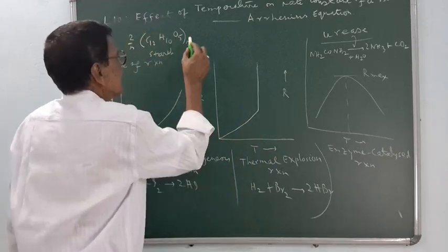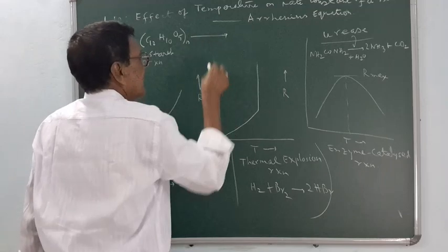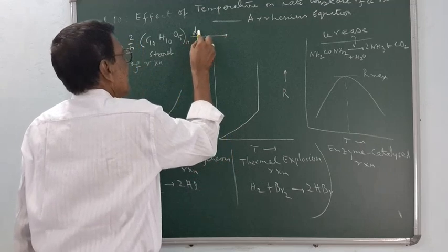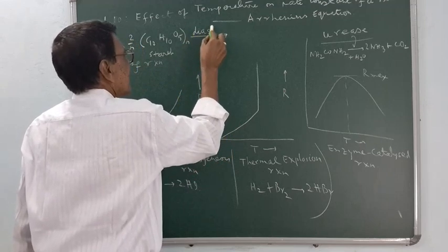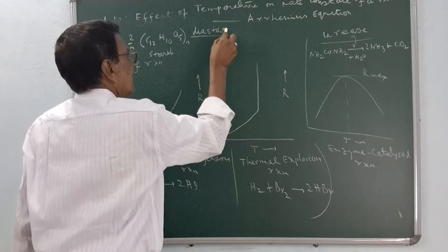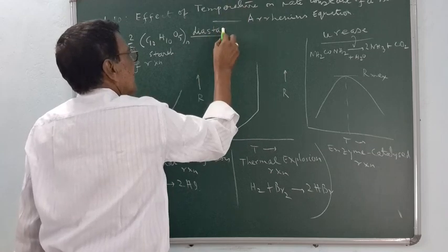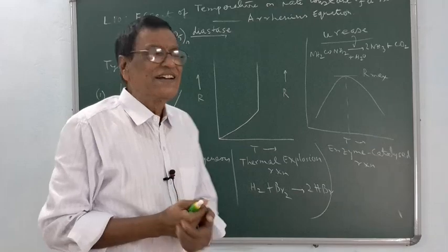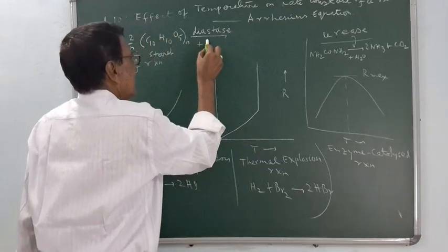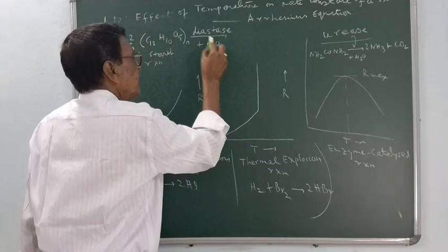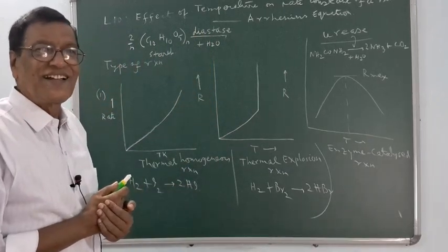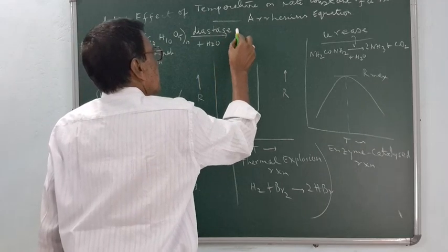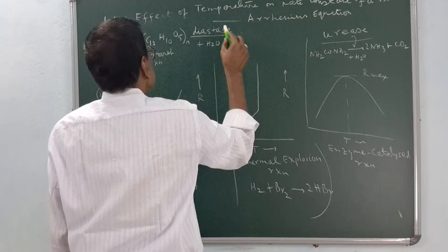And the starch in our human body, with the enzyme diastase and one molecule of water, forms maltose, say